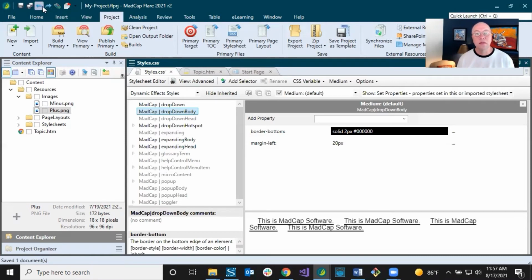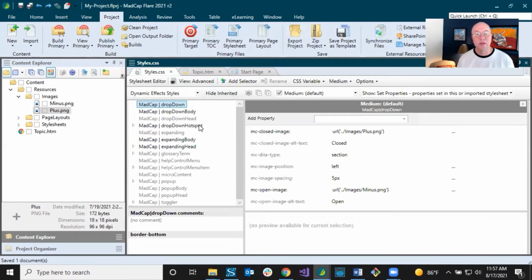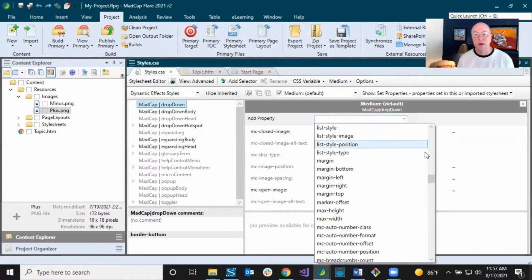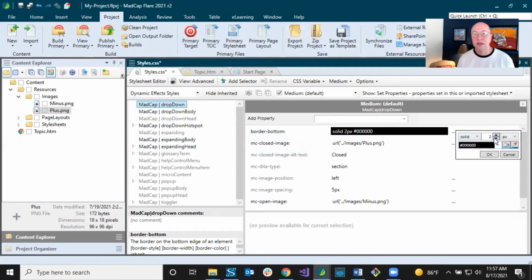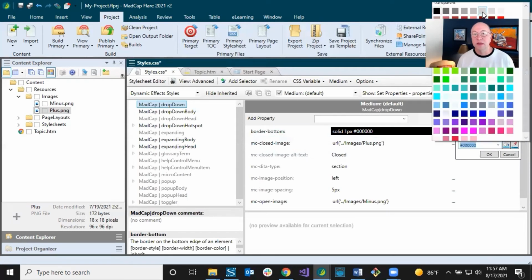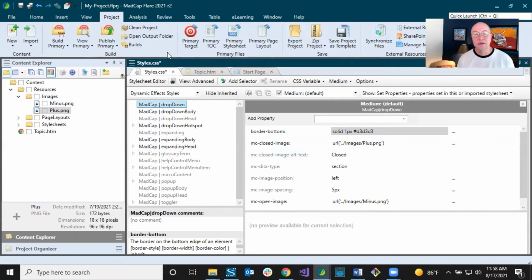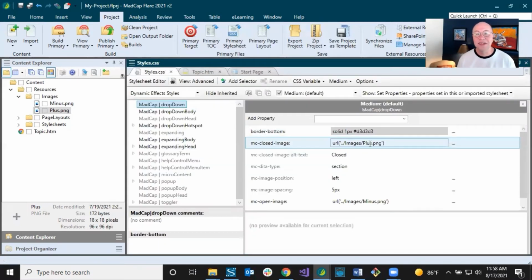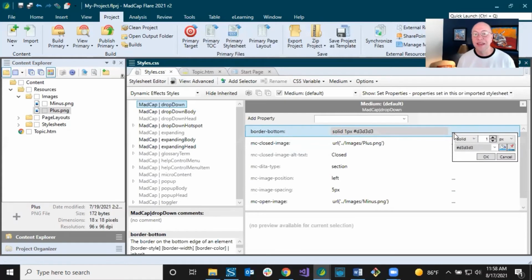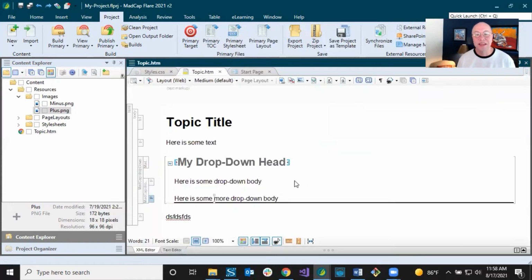All right, and let's go to our MadCap dropdown, the main style, and let's do our border bottom. Right there, there's a lot of settings that you could set on this. And let's go in here, and again, let's make it 1 pixel wide. Let's make it light gray, and let's save it and see how it looks. All right, so okay, so I selected a darker color in 1 pixel. All right, and it's just